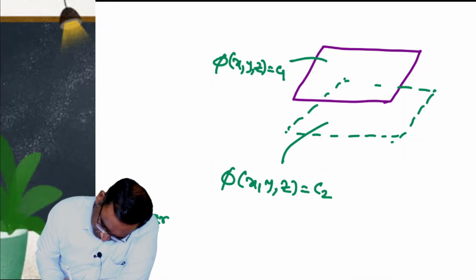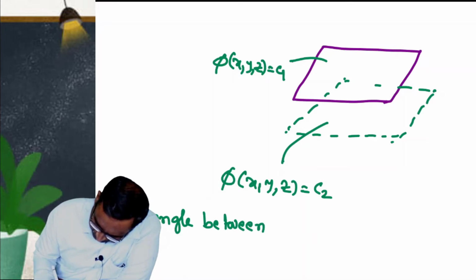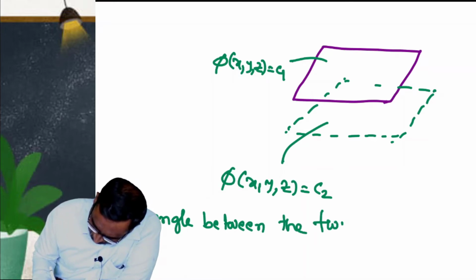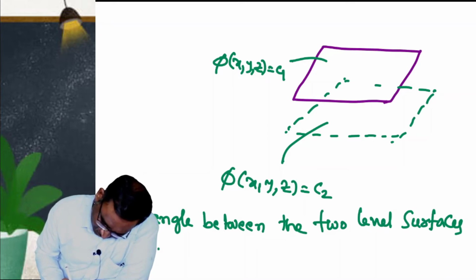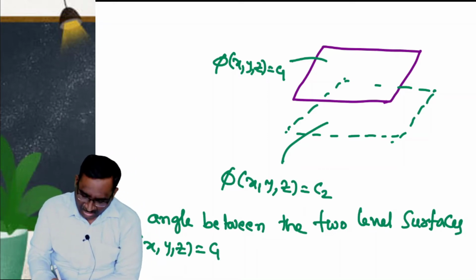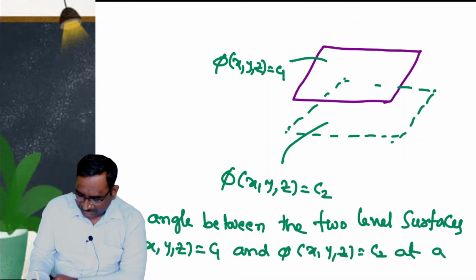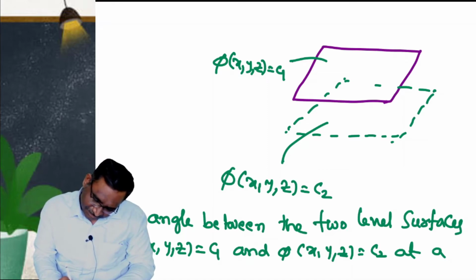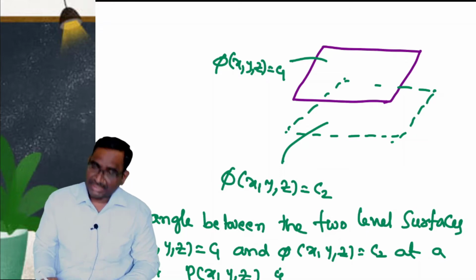The angle between the two level surfaces, phi of xyz is equal to C1 and phi of xyz is equal to C2 at a point P of xyz is,